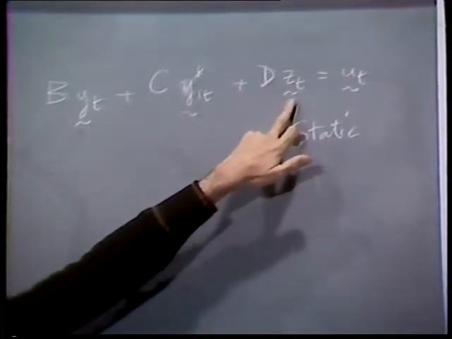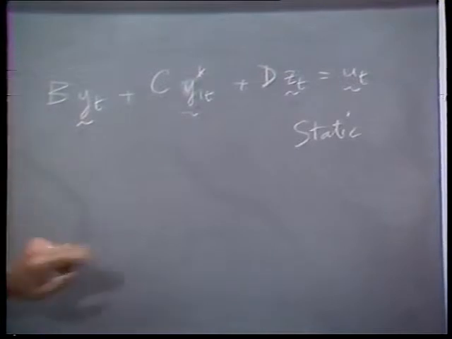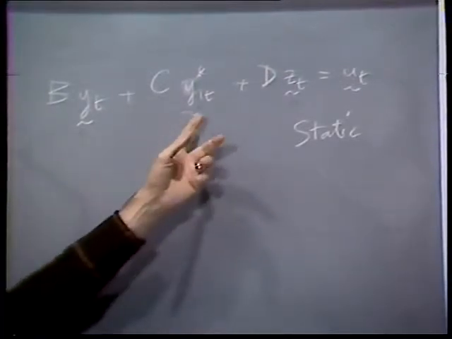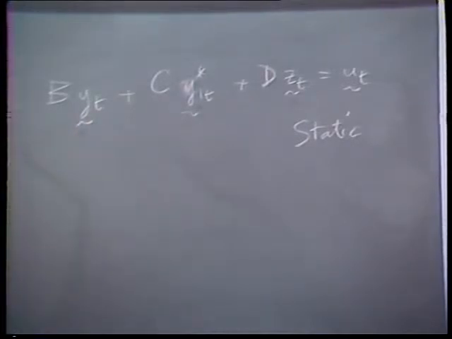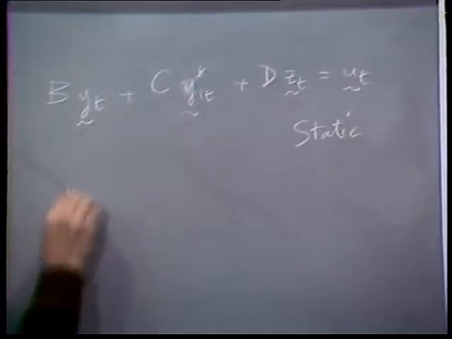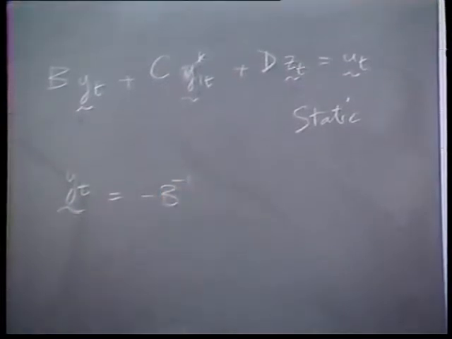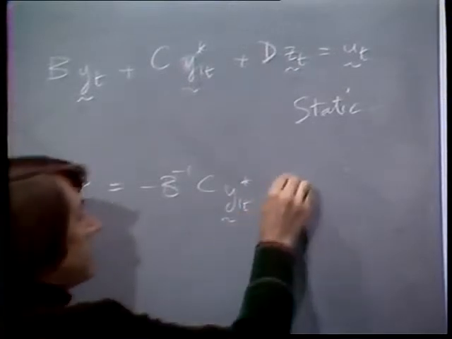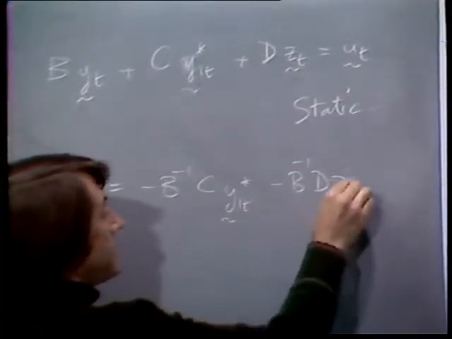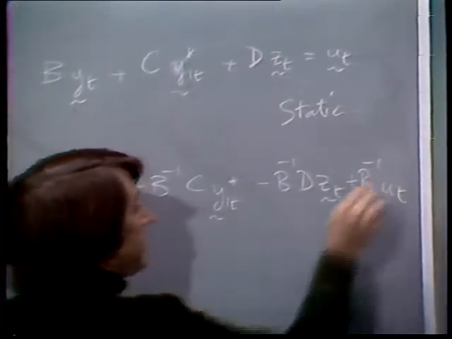Zt are just exogenous variables, and ut are error terms. So this is a completely static model, but with expectations of a subset of the endogenous variables included. Well, if we look at the reduced form for that model, we have minus b inverse c y1t star minus b inverse d zt plus b inverse ut,